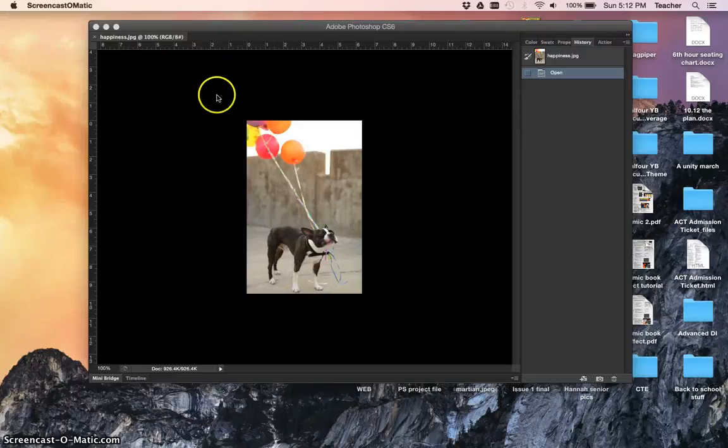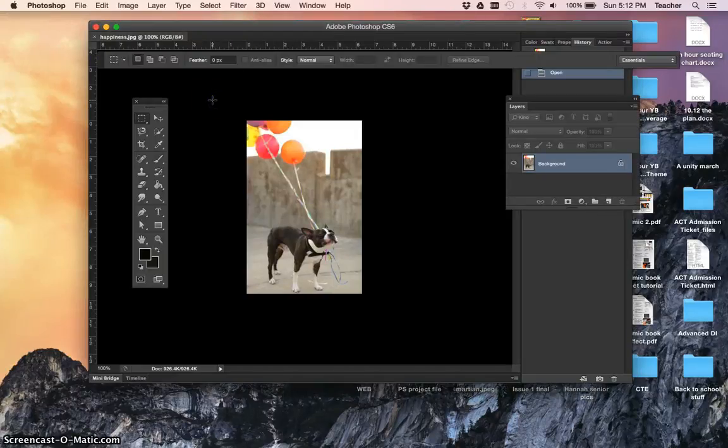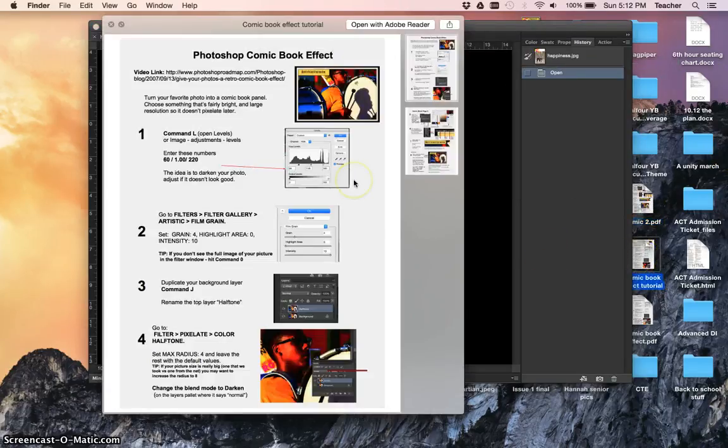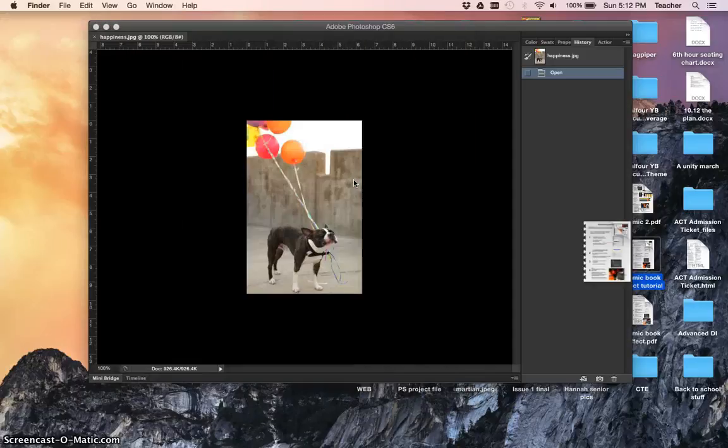Hey, today we are going to learn how to turn a photo into a comic book effect. I've chosen something that I found on the internet, something that has some brightness to it. I wouldn't choose something that's too dark because we're going to be darkening this down. But let's just go ahead and start. You'll find the tutorial that looks something like this in the server. So I've got that for you already, but in case you want to just do it with me, here we